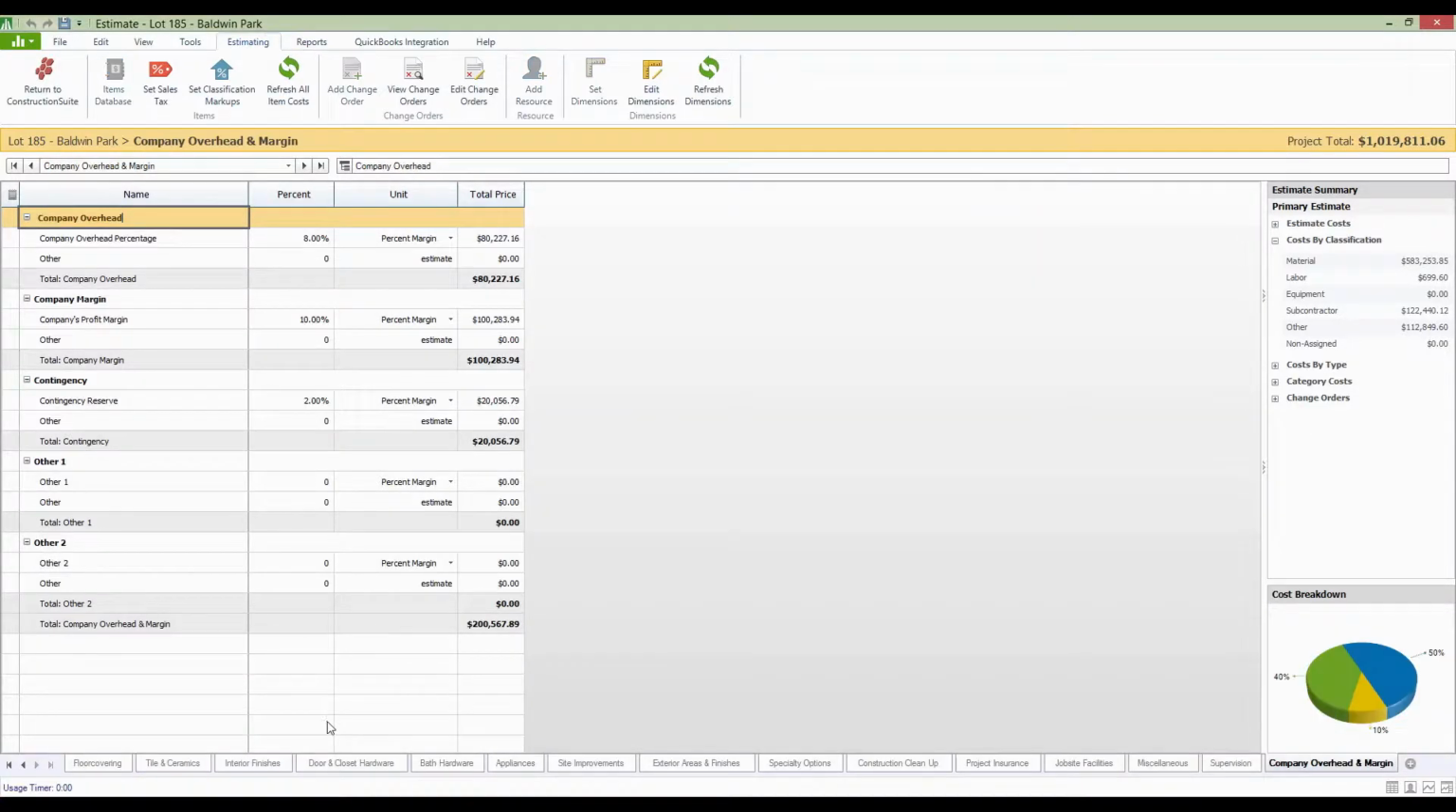We've got that company overhead and margin sheet, which is what allows you to account for your company's overhead costs, those costs of doing business. And of course, the company's profit margin, again, the most important part of doing these jobs is making a profit. So make sure you come in and take a look at these sections as well